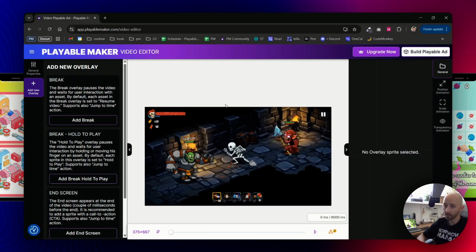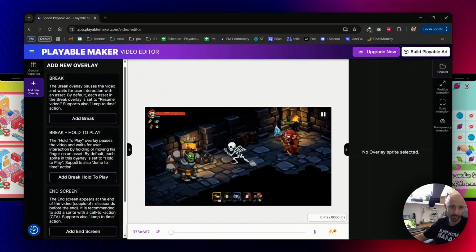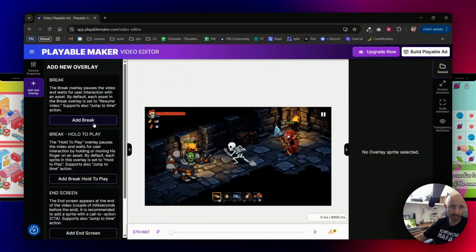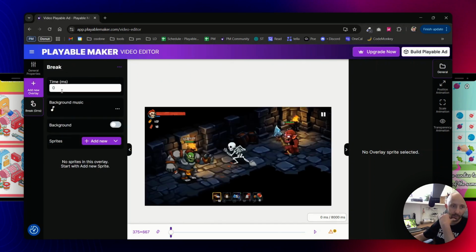Either you can simulate some sort of try again option. So, for example, if the playable goes to the end and you want to add the try again option, put it somewhere before the end of the playable, and the user can basically replay the same thing. So just for the demonstration, let me add a break somewhere in